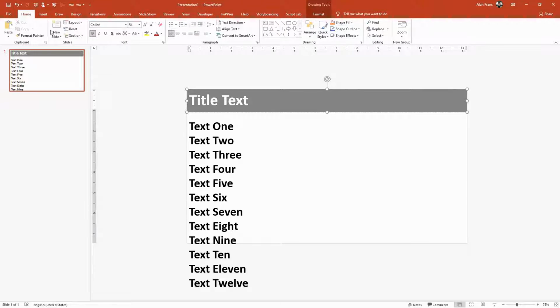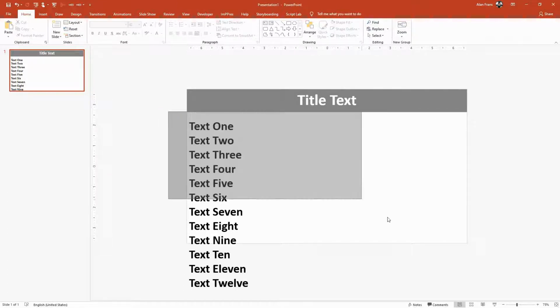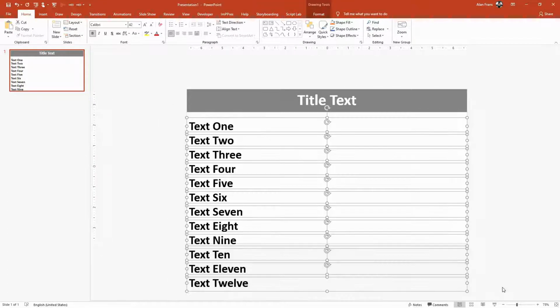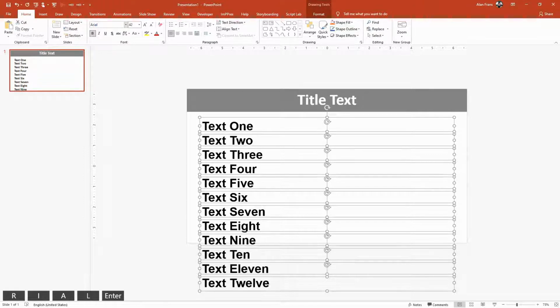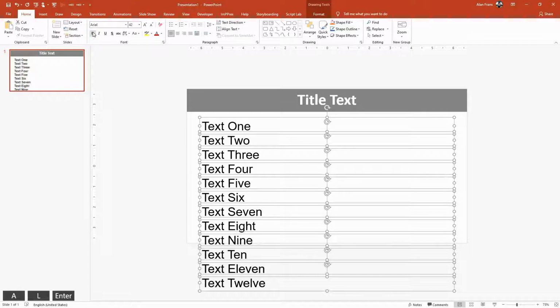First, I'll go to the Home tab, adjust the title text to be centered, and I'm going to select all these other text boxes, and I'm just going to fit them in the screen just with a little bit of margin. And I'm going to change the font to Arial and take the bold off. All right. So this looks pretty good so far as the text goes. For me, the way I want it to go,